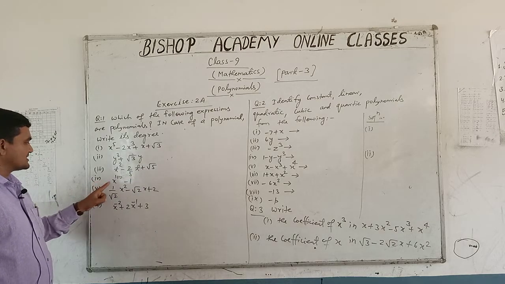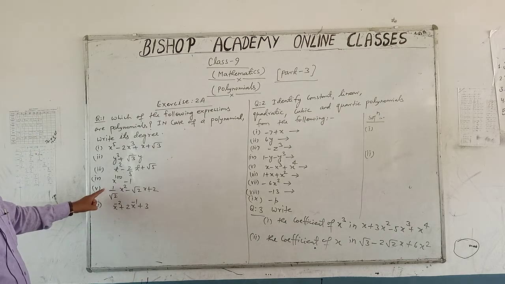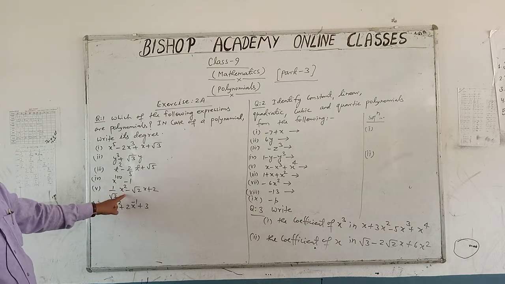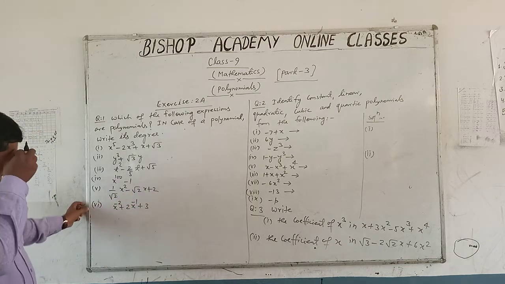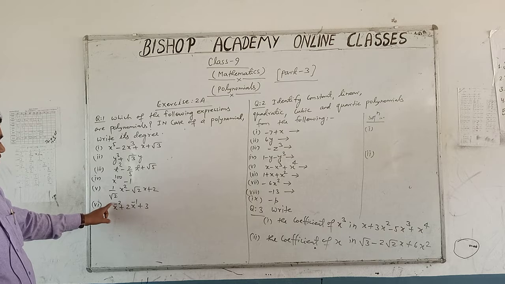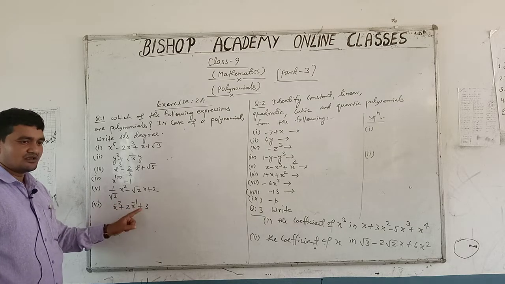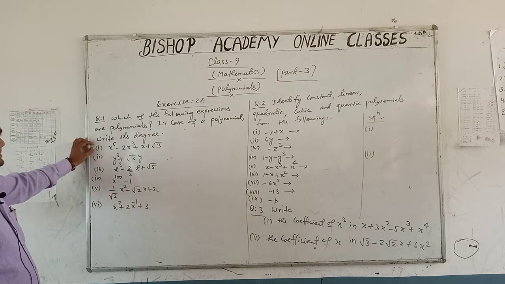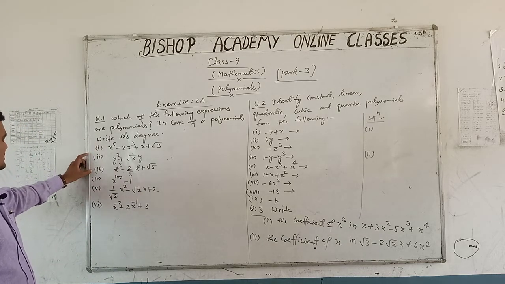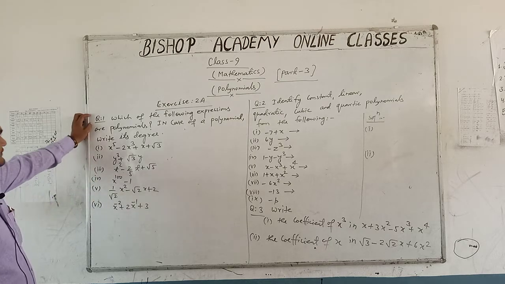Fourth part is x raised to the power 100 minus 1. Fifth part is 1 by root 2x square minus root 2x plus 2. And sixth part is x raised to the power minus 2 plus 2x raised to the power minus 1 plus 3. Now we will solve first part, second part, third part, fourth part, fifth part and sixth part of question